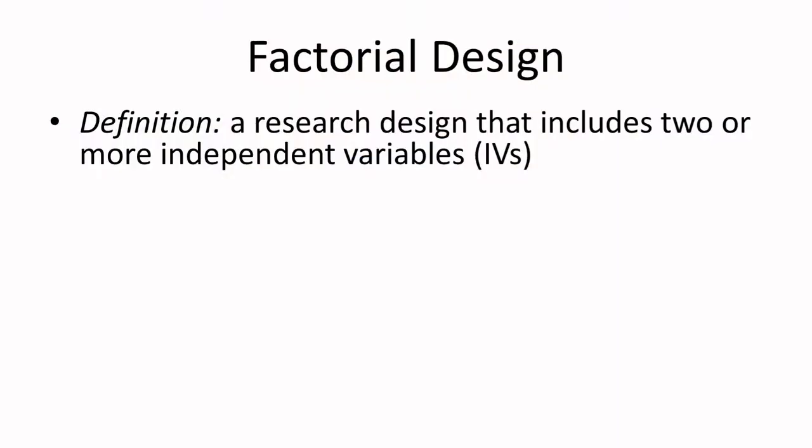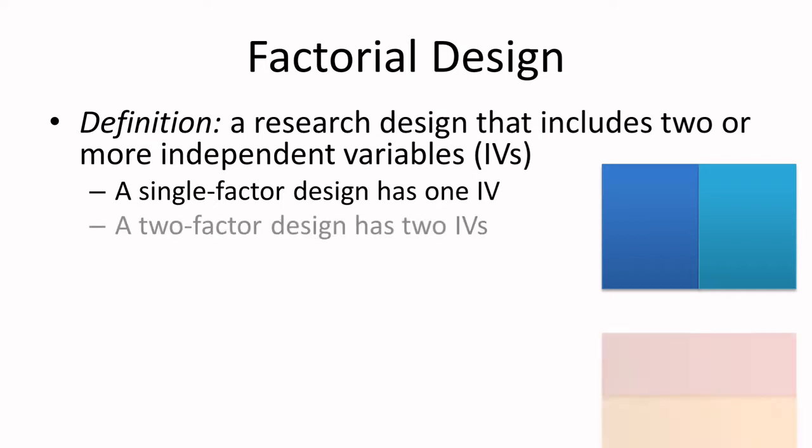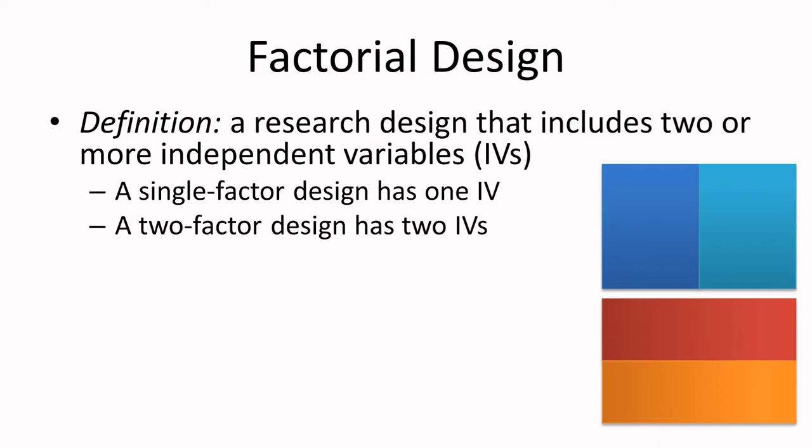So, when you're doing research that involves more than one independent variable, what you're doing is now called a factorial design. If you think back to just basic design, you're generally dealing with a single independent variable that has multiple conditions, multiple groups that you can compare. That's what we call a single factor design. But when you start adding additional factors, you're literally just adding additional independent variables. So a two-factor design has two independent variables.